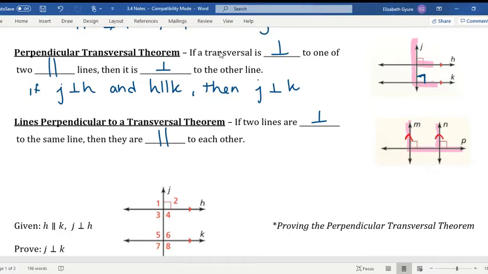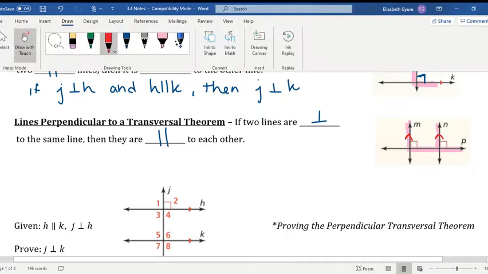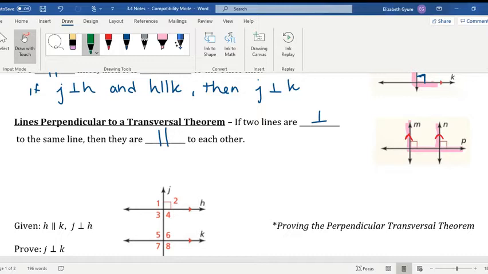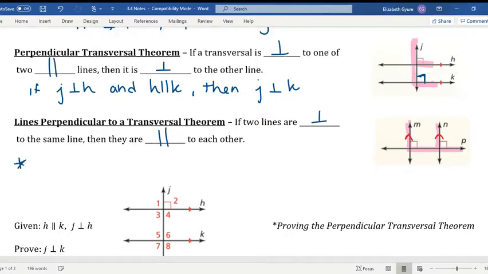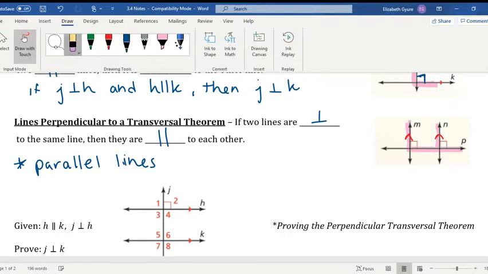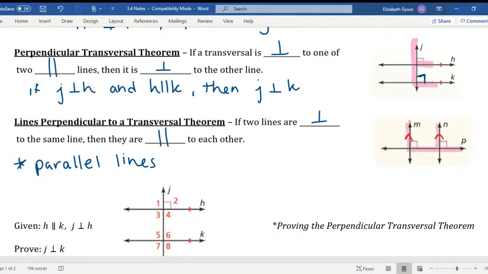Really the main thing to remember about this is if you have parallel lines, you're going to have either congruent or supplementary angles. So I would maybe make a note to yourself here, because this is like the main thing with this section, is that parallel lines give you congruent or supplementary